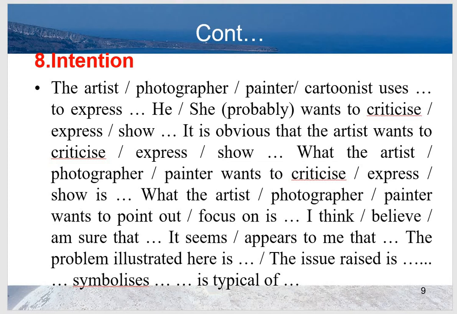He or she probably wants to criticize or show something. It is obvious that the artist wants to criticize something. What the artist, photographer, painter wants to point out, focus on is, I think, I believe, I'm sure that, it seems to me, it appears to me that the problem illustrated here. You will use such expressions to explain your point of view. These expressions are very good. The problem illustrated here is, suppose, the problem illustrated here is